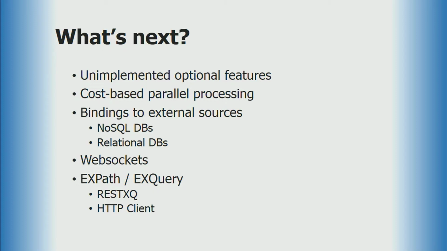Parallelizing the queries is something I also want to do. Currently, it's not done that way. It's all done in one process from start to finish. It doesn't split. There are no parallel maps, parallel anything. That I'd like to change by, in the static phase, finding out what's expensive. Is there a collation sort someplace down there that's going to cost a lot? And then finding a good place up in a FLWOR statement to split it, where it can be done in parallel and actually get use of all CPUs on a system.